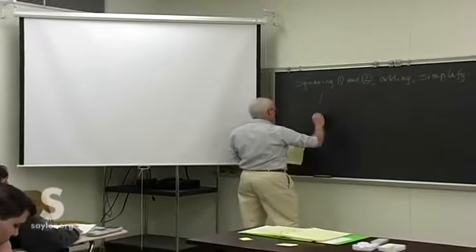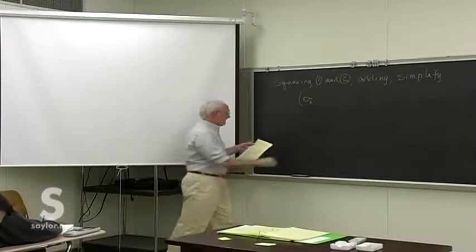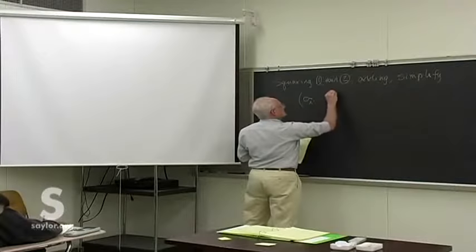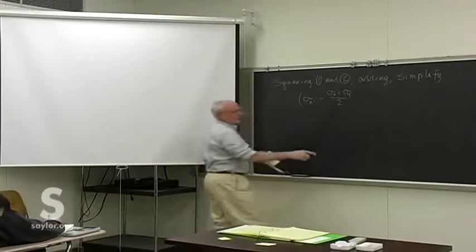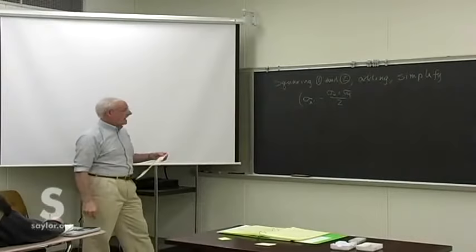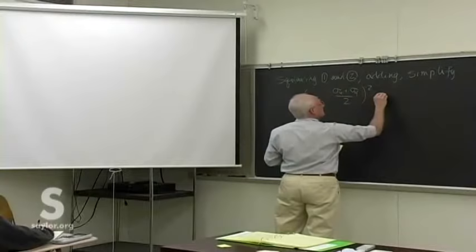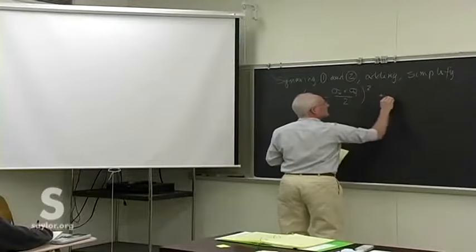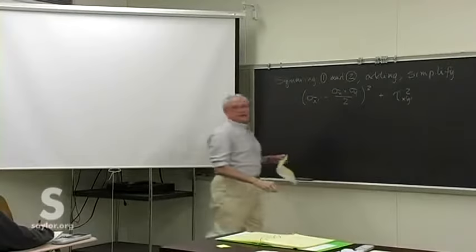So we get this. Sigma x prime minus sigma x plus sigma y over 2, which is sigma average. So we can put that in a second. That quantity squared plus tau x prime y prime squared